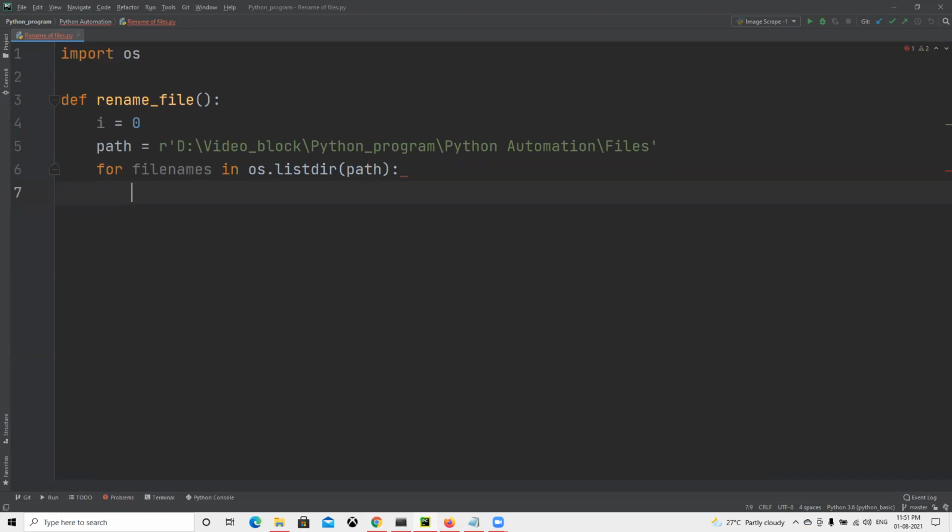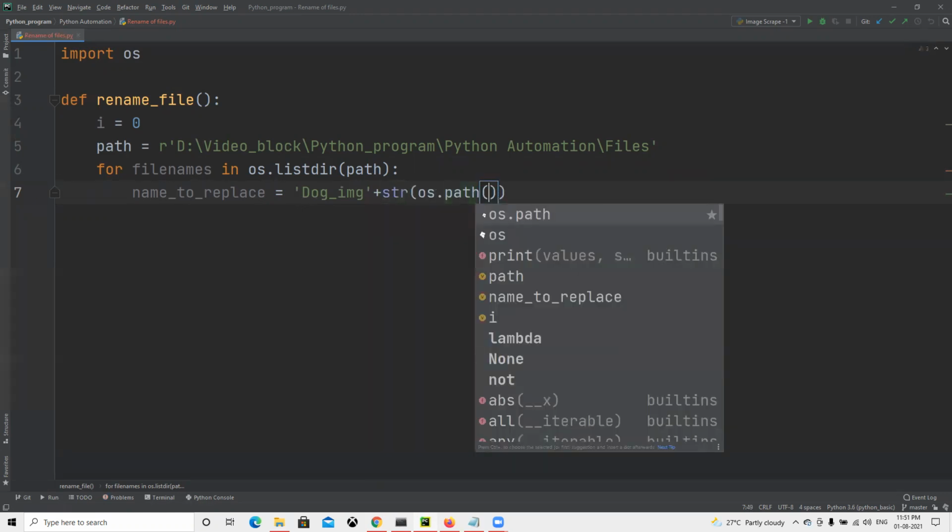So now we need to create the name. What do we need to pass? Name to replace. I created one variable where I will pass what name I wanted to replace it with. So suppose I wanted to pass the name as dog underscore img, then plus str of i.